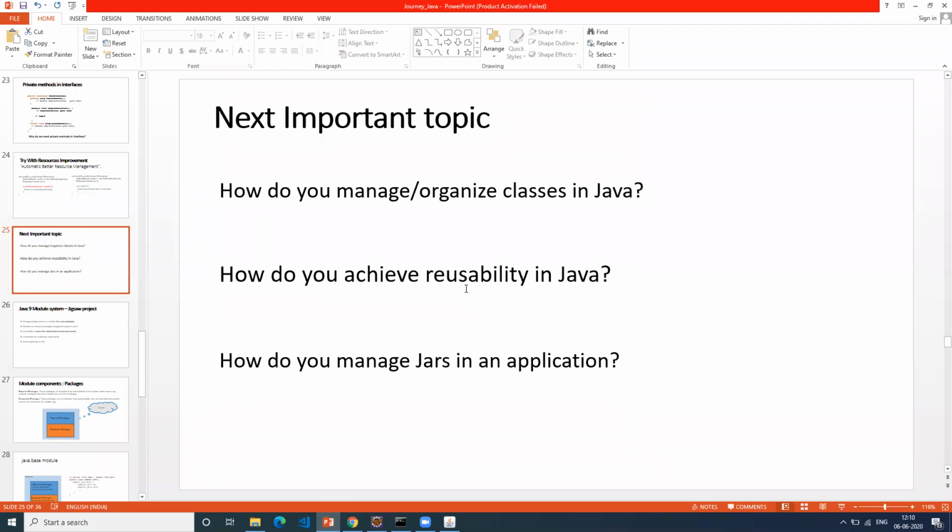And there is another way of doing it, which is using scope. The third way of reusing your code base is scope. Basically, if you declare any class as public, anybody can use it. If you declare it as private, it can be used only in that class. So these are different ways you scope your functionality.